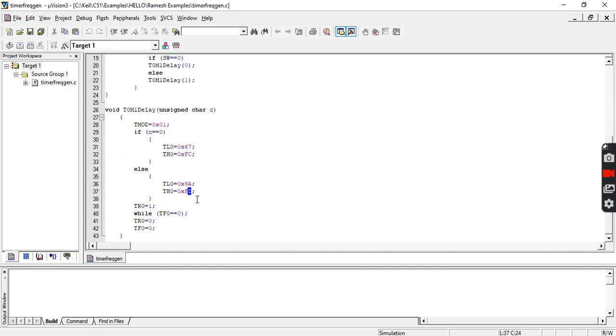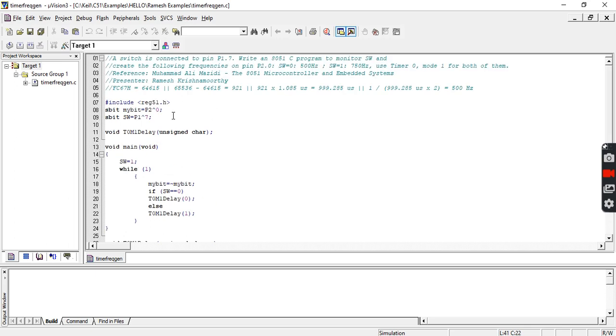In continuation of the same code, we enable the timer by making TR0 equal to high. How long will the timer be in the activated state? Until the timer overflow flag is raised high. Once the timer overflow flag is raised high, again we need to load the initial count into the timer register in order to perform the repeated operations. In order to demonstrate this, let me go for the build.